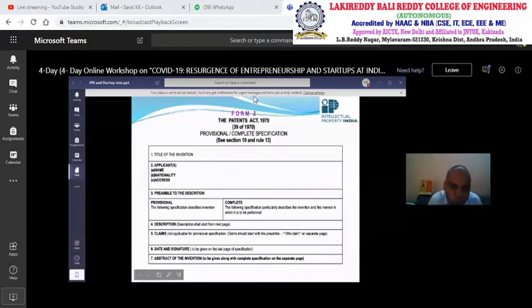After that, you have to put your date and signature. Date, signature and place also you have to put, because your file will be processed in a particular jurisdiction. Now the abstract of your invention, everything you make into a compact file, and you either upload it through e-filing, or you go through physical filing and deposit it in your respective patent office.